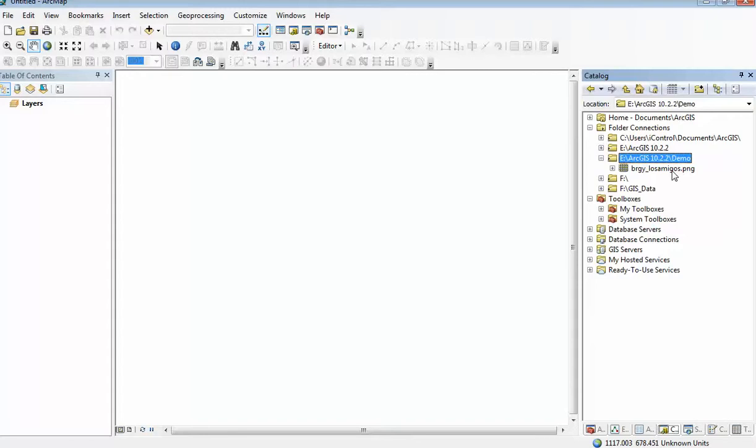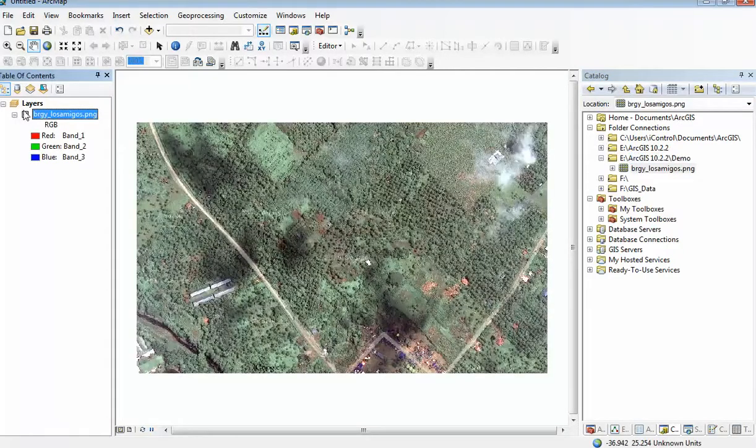Right, so if you want to use this one, click and drag it to layers. And then automatically the image will be rendered. Now, if something went wrong, just wait for it. It's still rendering the file. Alright, so